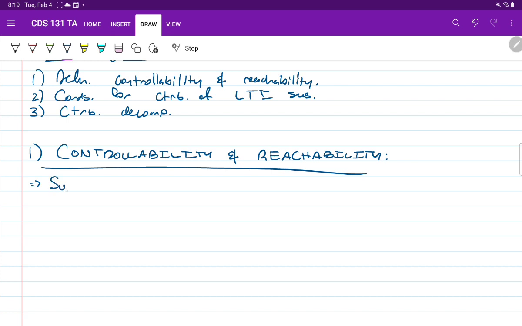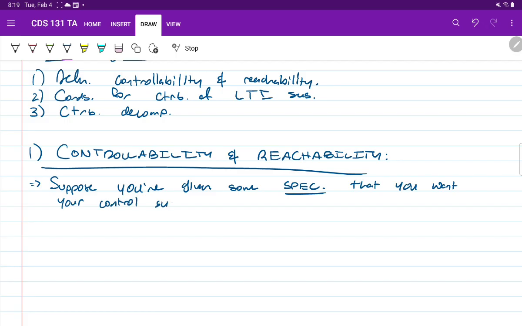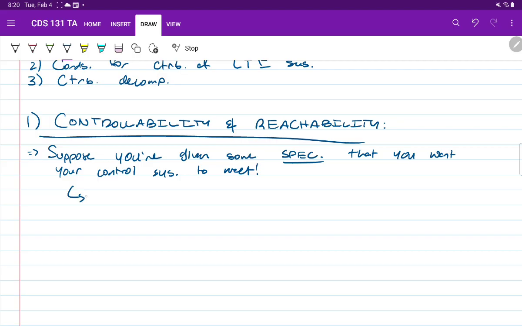Suppose someone, maybe your PhD advisor or your boss, gives you some specifications that you want your control system to meet. Let's say your boss comes up and says, this is my model for an airplane, I want you to design a controller for it to do this. But there's this really fundamental idea,